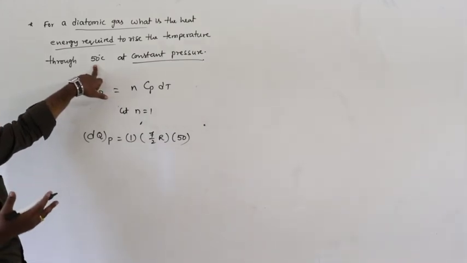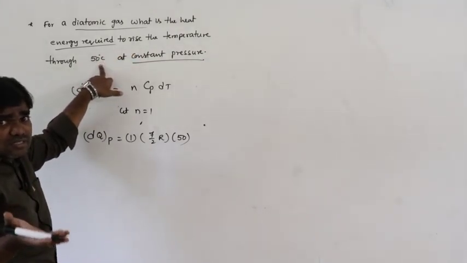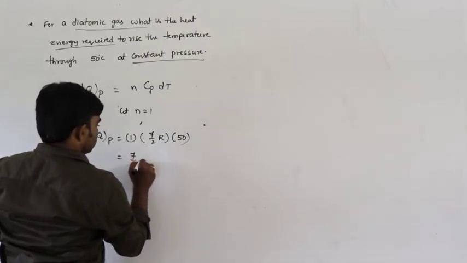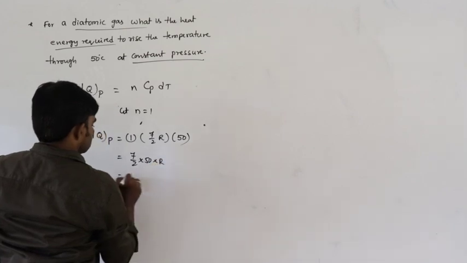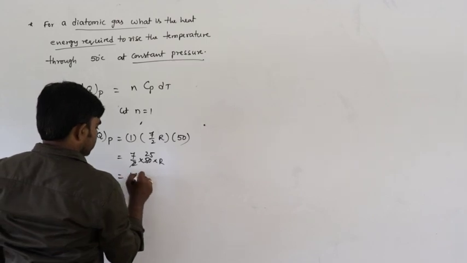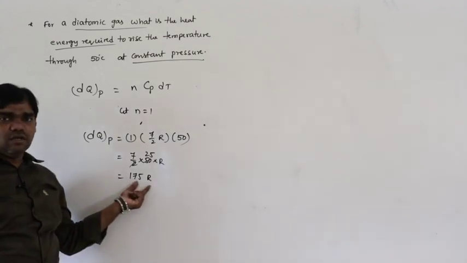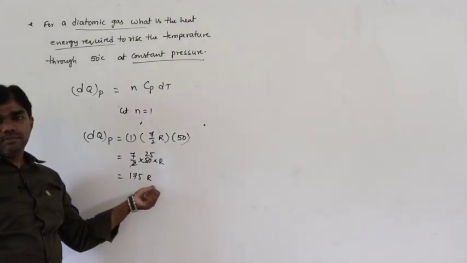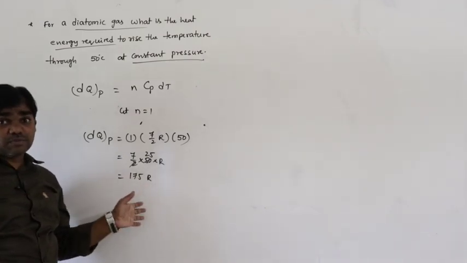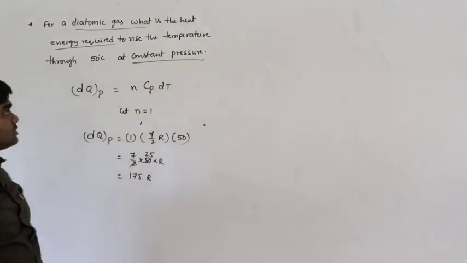No need to convert into Kelvin again. Already the difference is mentioned. The difference is the same in Celsius and Kelvin. So no need to convert this. So that is equal to 7/2 into 50 into R. So 25 sevens are 175 R. That is the heat energy. Simply we can write, if it is mentioned in joule, the R value you have to consider is 8.314. If the answer is mentioned in calorie, the R value you have to consider is 2, like that. So that is the simple thing.